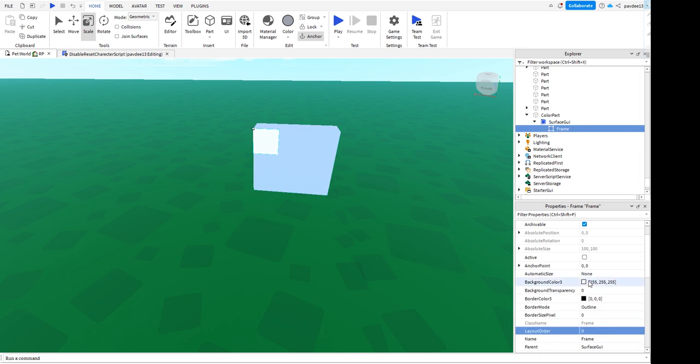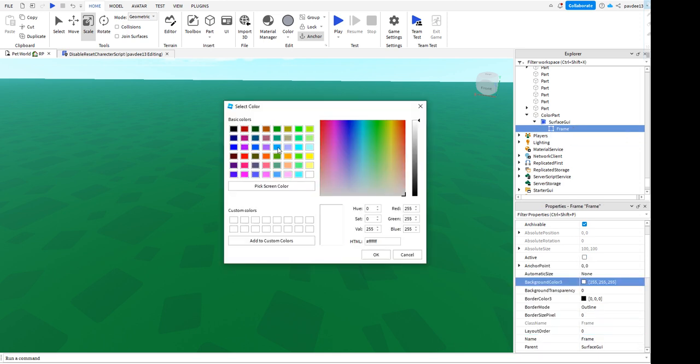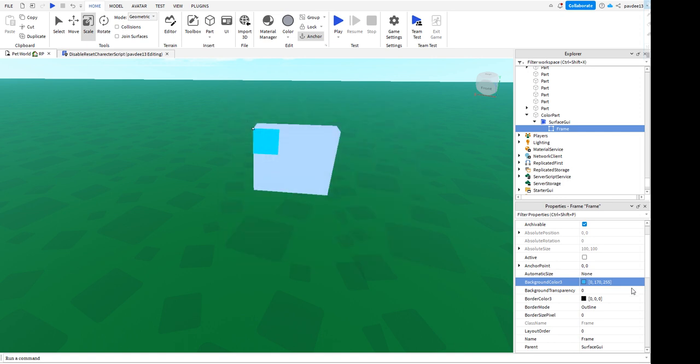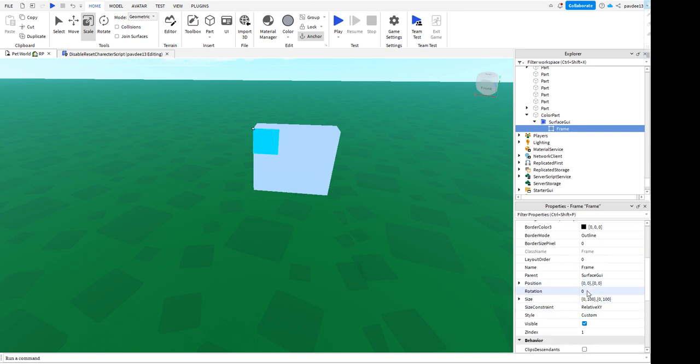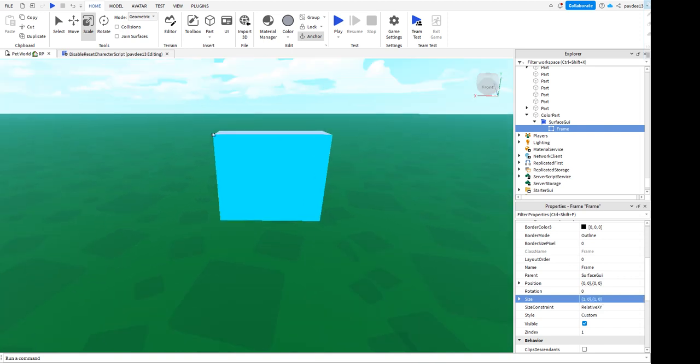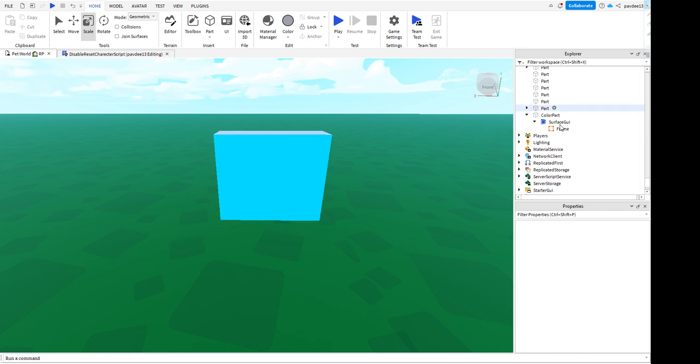Then go to frame, then select any color you want with your part. So I'm just gonna make mine blue, and to make the frame fill the entire part, all I need to do is go to the properties, go to size, and type in 1,0,1,0. So it'll fill the entire part. Okay, so once you've done the size, now just